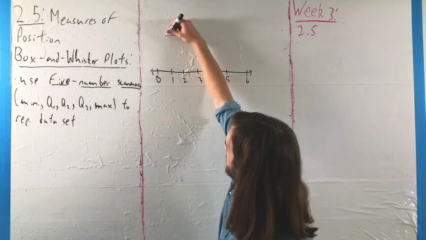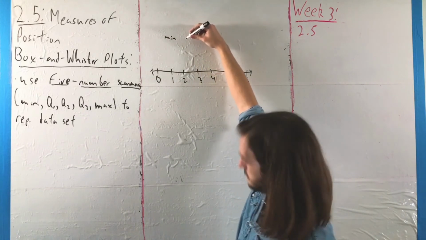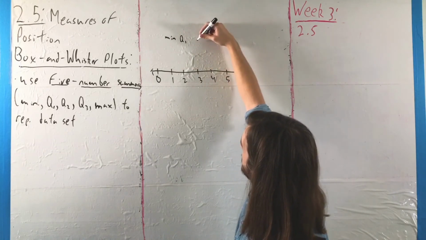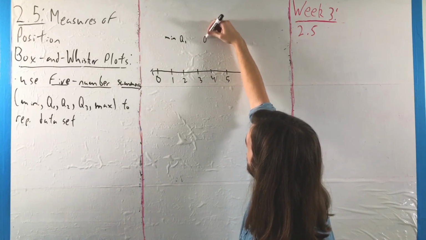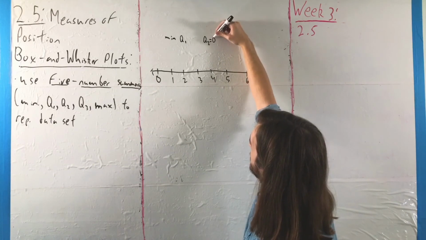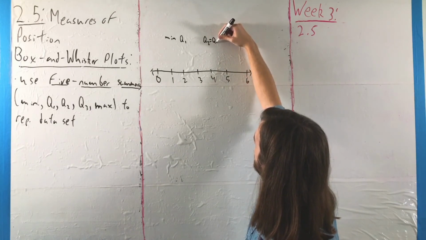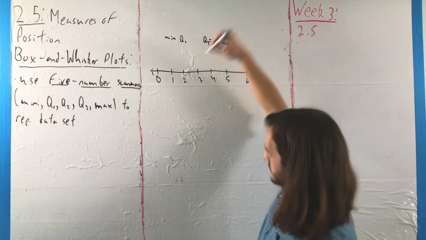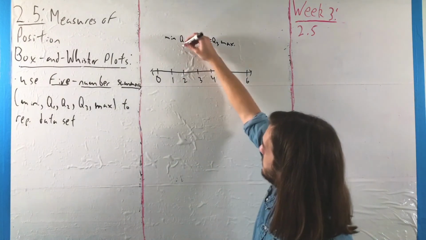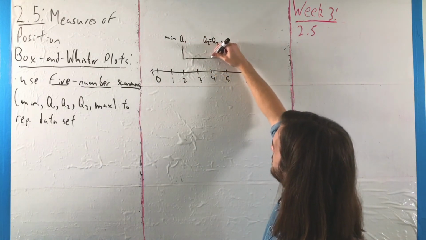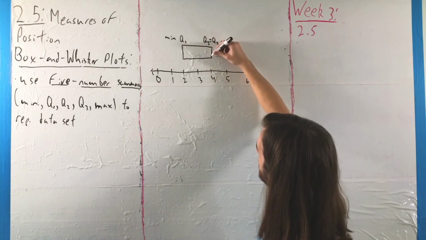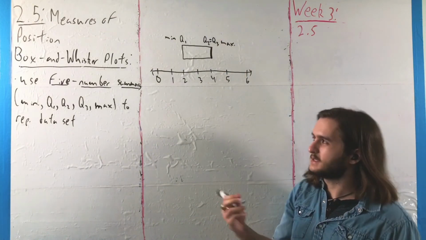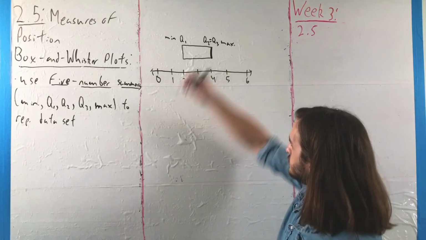So here, up there is what our minimum is, and then at 2, we got our value for Q1. Then 4 was unfortunately both Q2, the median, and the third quartile, and then 5 was our maximum. So we're going to draw that box like so, and normally when you draw this sort of box, you'd put an extra vertical line in there to denote Q3, but since I can't, I'm just going to make that a little bit thicker. And then you draw the whiskers